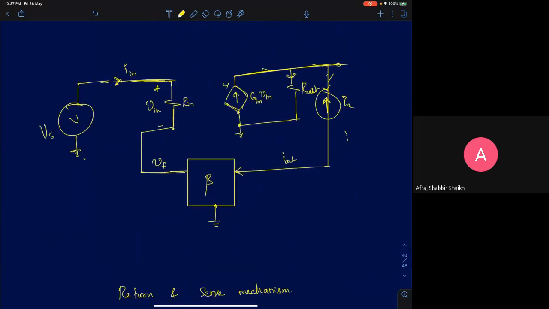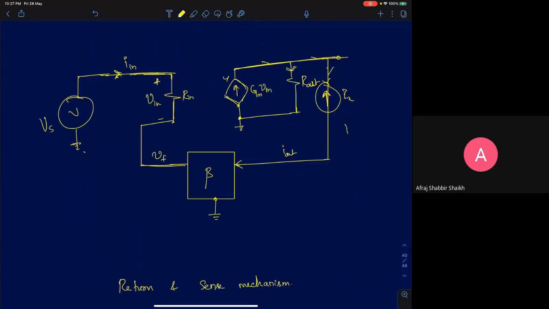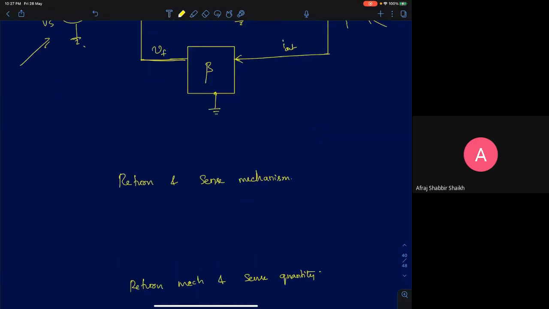Finally, we have the third amplifier configuration. This is a transconductance amplifier. So voltage is input, current at the output. So first, return. You are returning voltage as an input. So at the input port, what is the connection? Is it a series or shunt connection? It's a series. You are returning voltage, so it's a series connection.